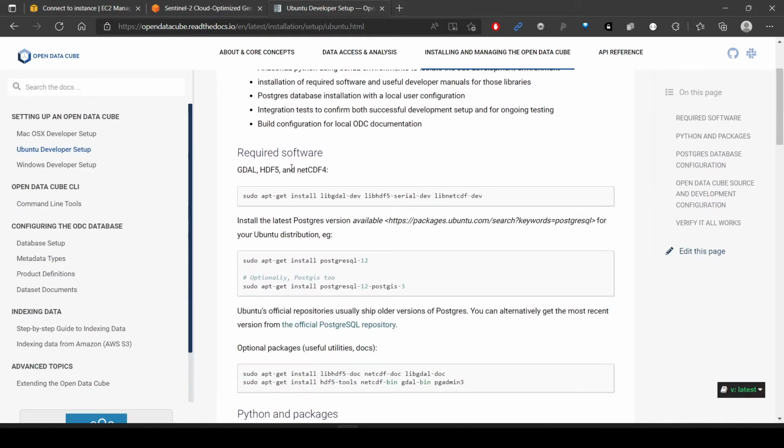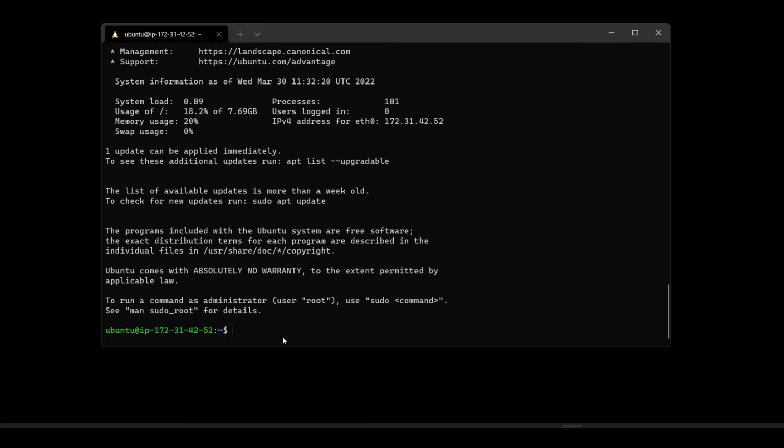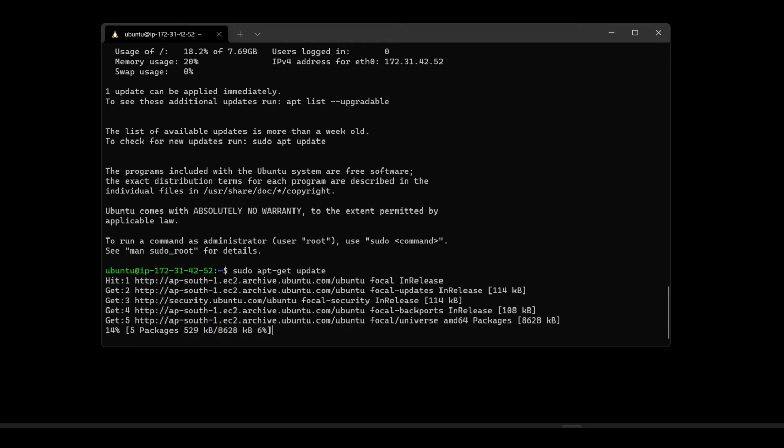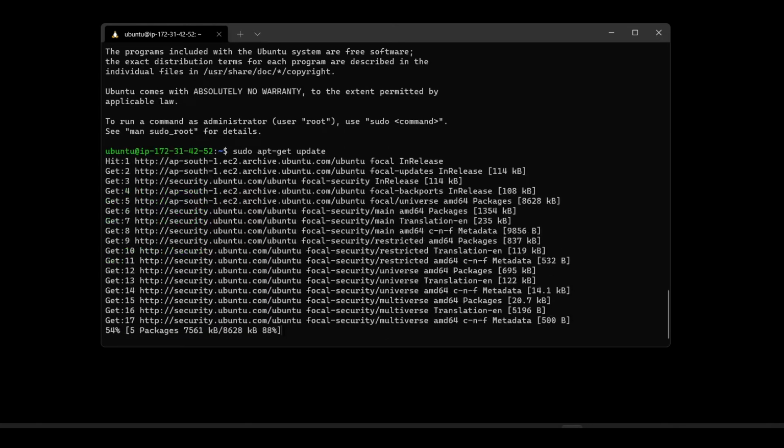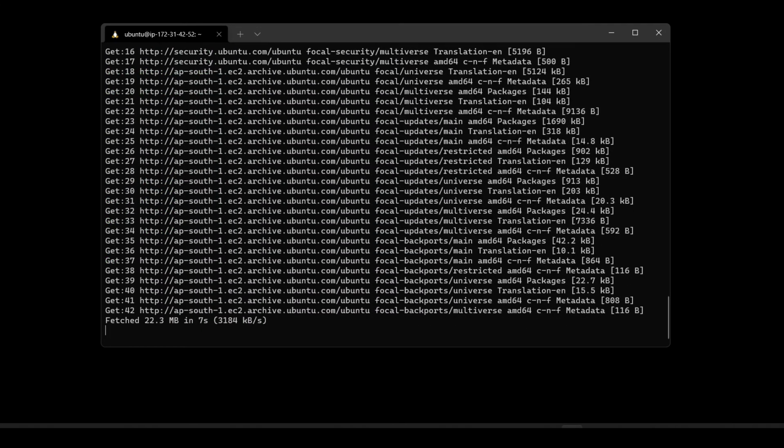The first step it says is you have to install required libraries, but before that it is a best practice to just do an update. If you just do sudo apt-get update, so that all your upstream repository is updated. Most of the times when you don't do it, you won't find these libraries.